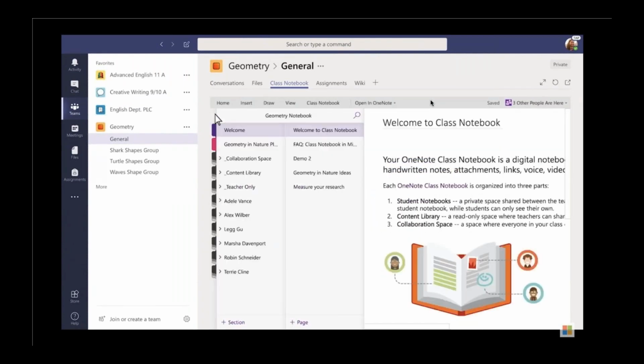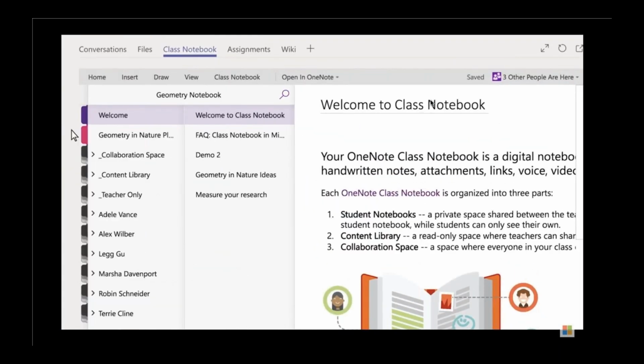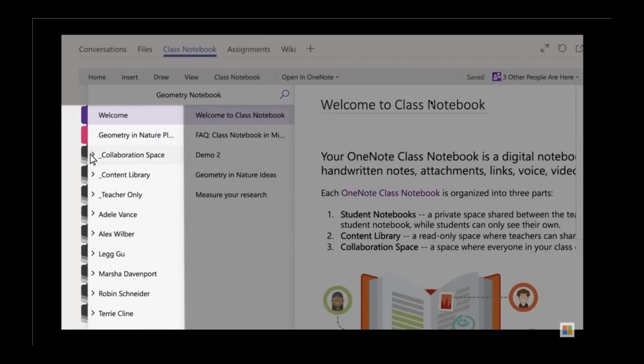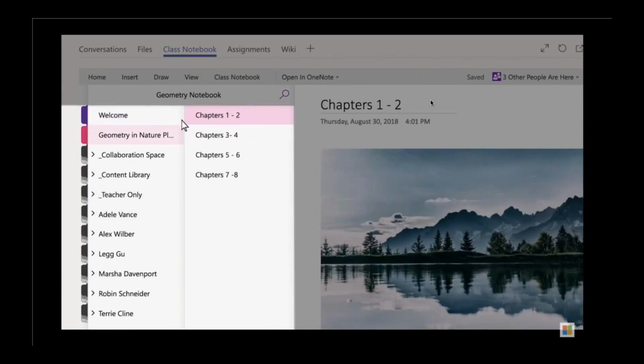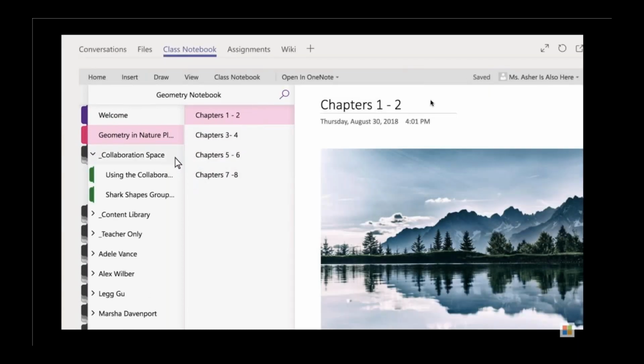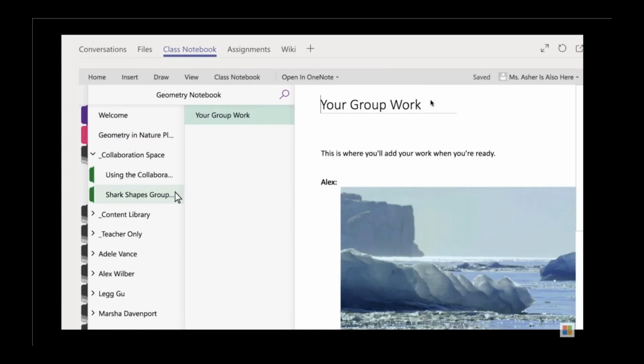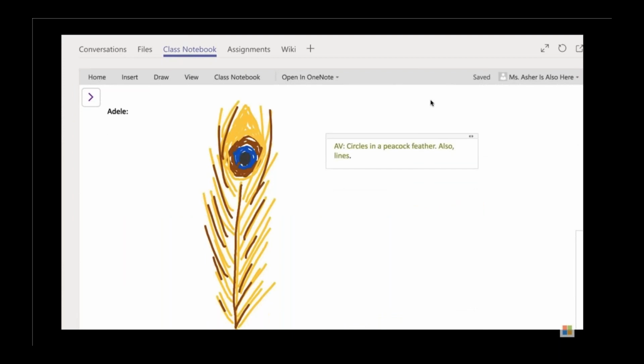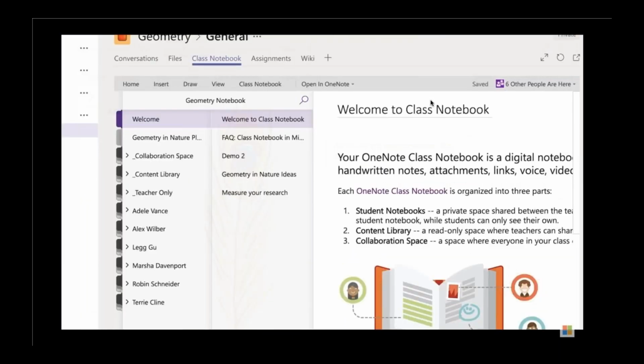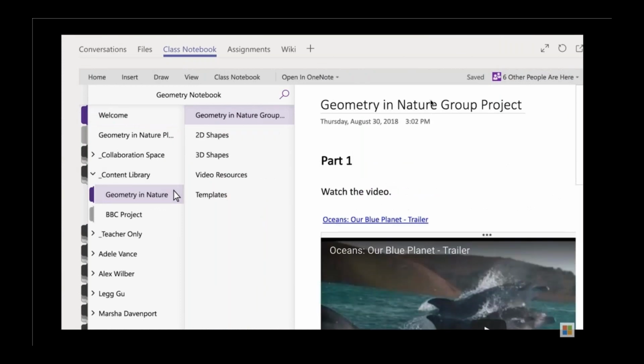We'll see tabbed areas of units, topics at the side. Teachers are able to populate these areas with key coursework material. This could be personally typed in, the sharing of pictures and videos for students to access. And again, the nice thing about this is it's all within the one area. There is collaboration spaces for students to talk and discuss. And a content library is a place for materials and readings and worksheets to be shared that cannot be altered.